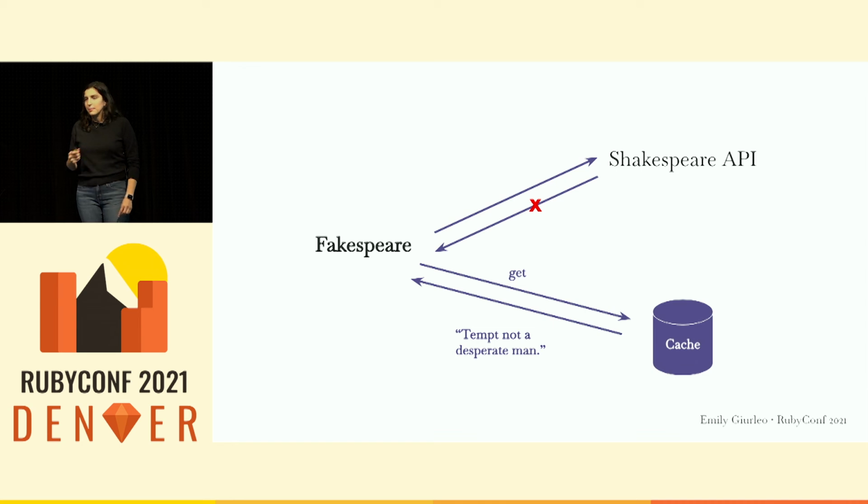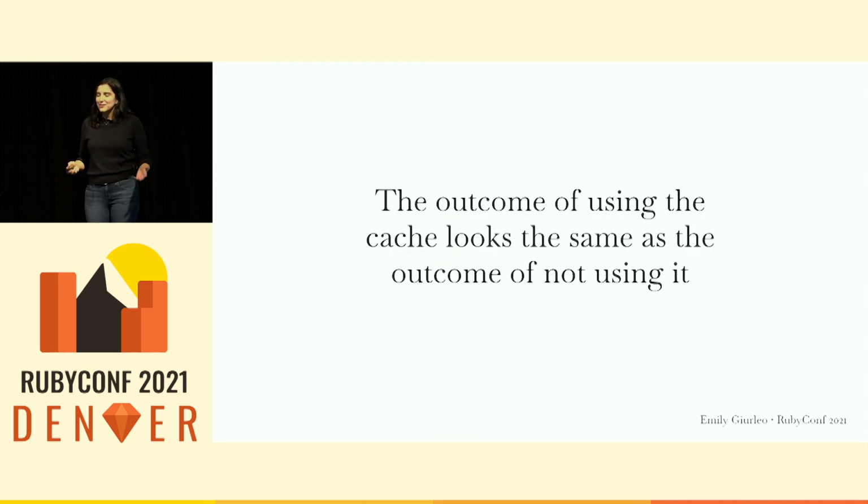The other scenario that we might want to test with the cache is that when the Shakespeare API fails, the gem properly gets a quote from the cache and then completes the rest of the method. Now, this scenario is also really hard to test for an entirely different reason, which is that the outcome of using the cache looks exactly the same as the outcome of not using the cache. From the experience of the user of the gem, if the Shakespeare API fails and the gem gets a quote